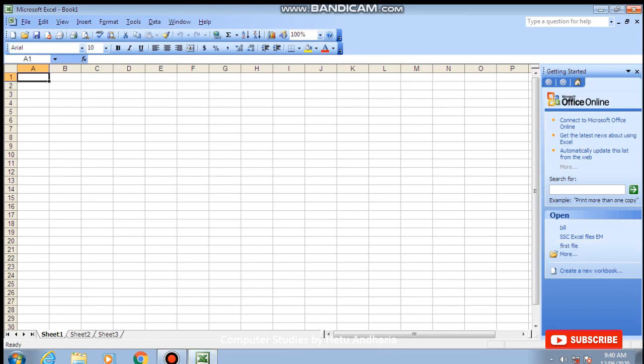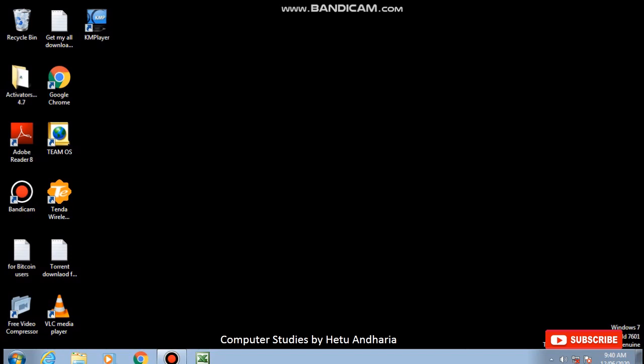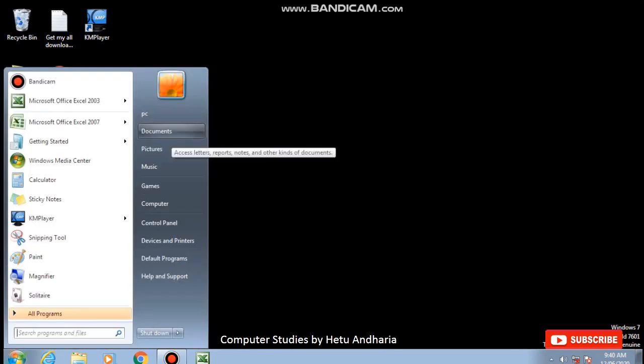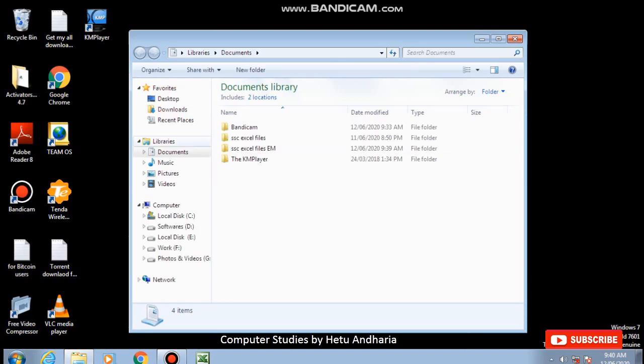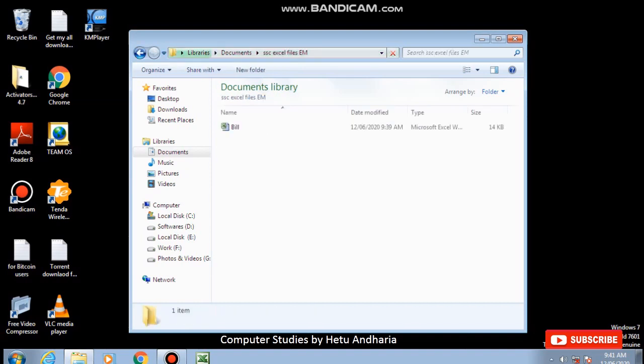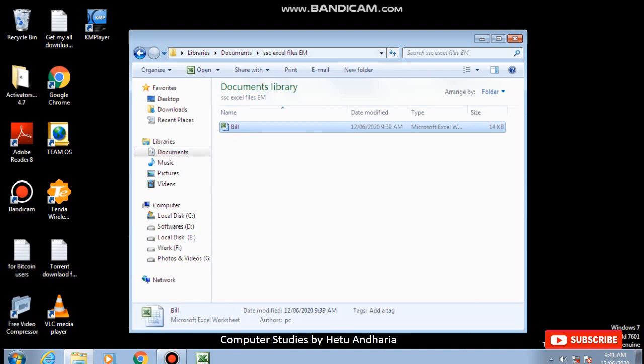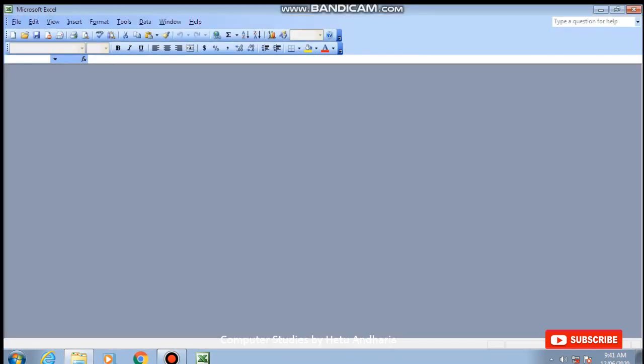Second technique. And the third way of opening the file is I have to go to the location, that is documents, Excel, the Excel files folder, and inside that folder the file is lying here, bill. I have to double click on this file. So any of the techniques you can use in your practical day-to-day life, but for theory you have to remember that there are 3 ways of opening the file. Now my computer is creating problem, it is not opening it. Okay, now it got opened.